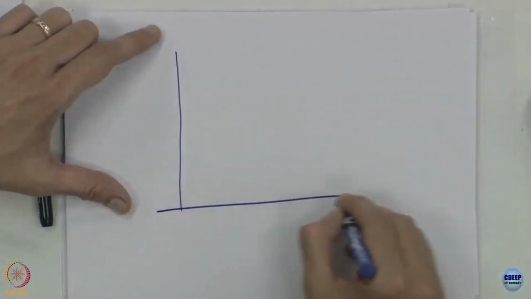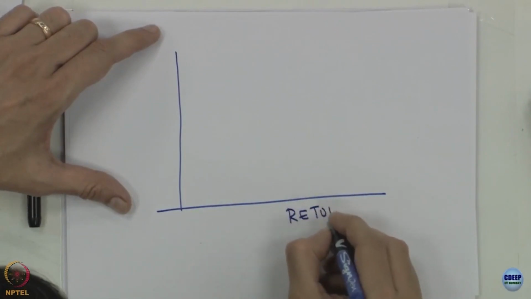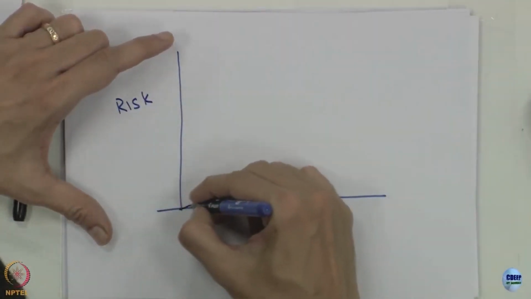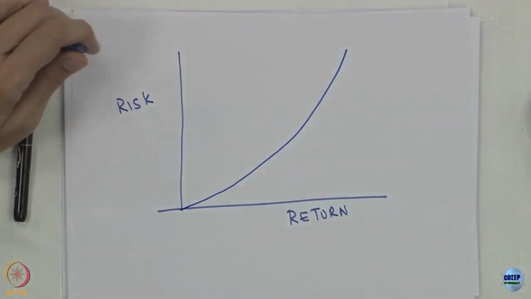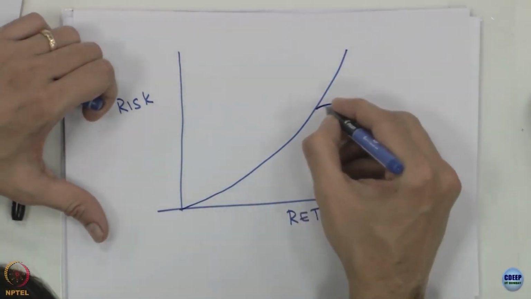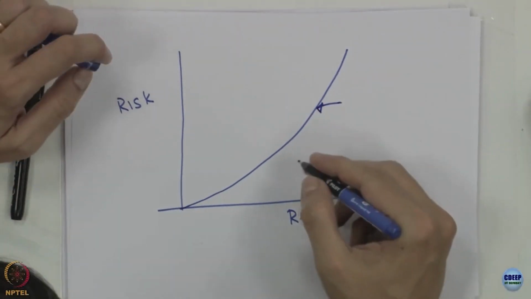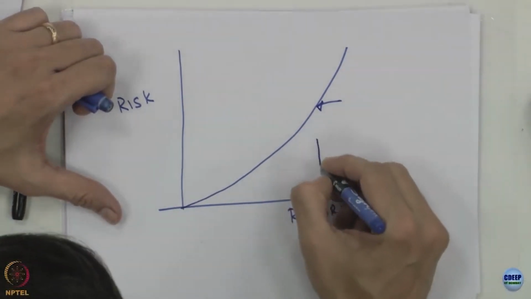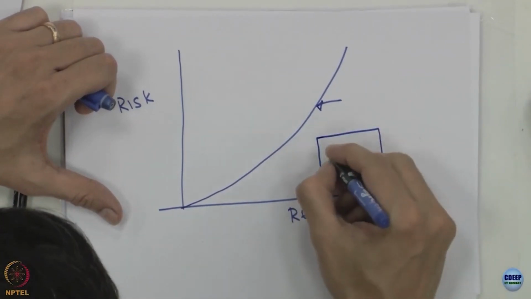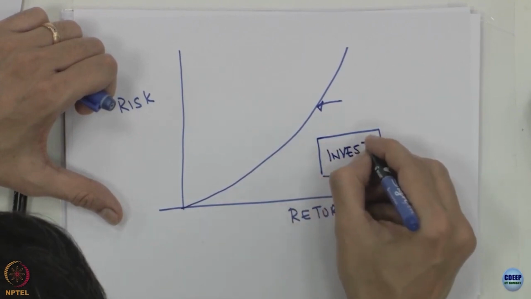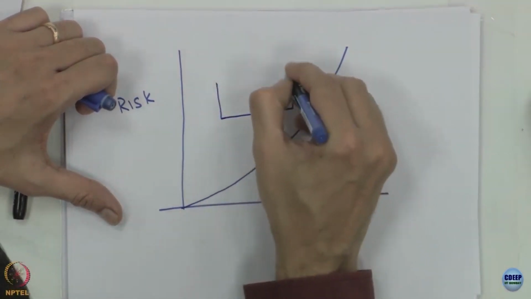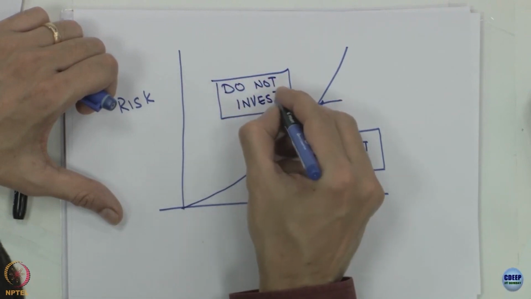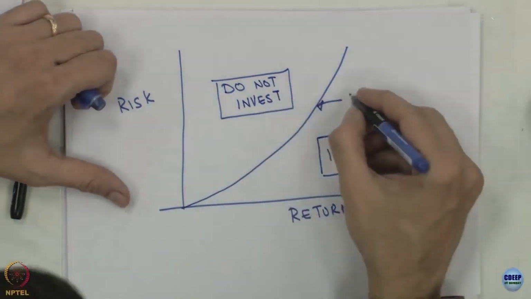So typically for any project we get some returns, and then there are certain risks, and typically there will be an acceptable risk for a given return, and if your risk is less than that, then we will invest, and if it is more, do not invest. So this is the risk return profile,